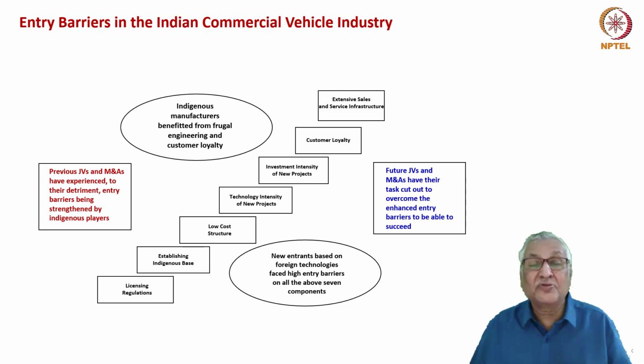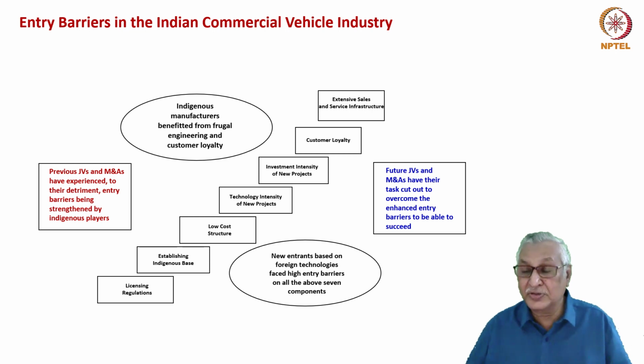Indigenous manufacturers benefited from frugal engineering of Indian vehicle designs and from customer loyalty. And the foreign partners needed the indigenous manufacturers for entry into India and for overcoming some of these entry barriers. And without such alliance, new entrants based on foreign technologies had high entry barriers on all the above seven components. Therefore, people preferred a JV route by which they could bring those capabilities within the JV system and overcome those entry barriers. That was one of the reasons why there were fewer alliances than joint ventures and M&As in the